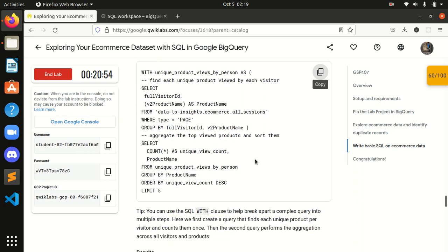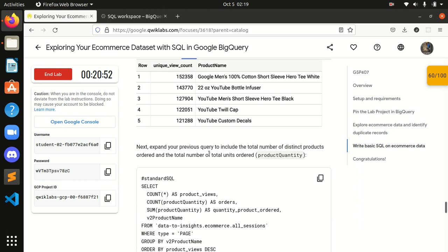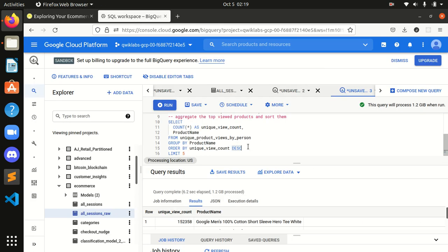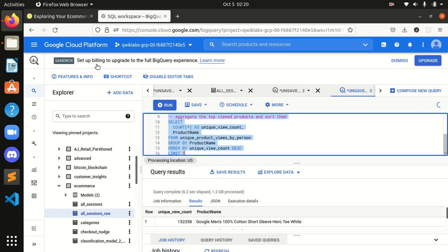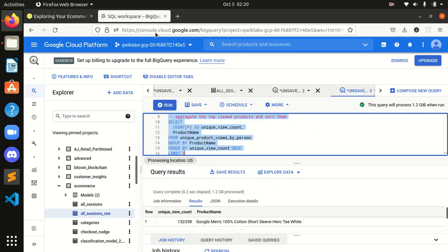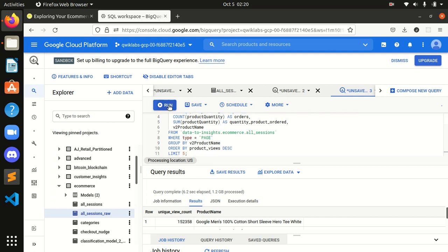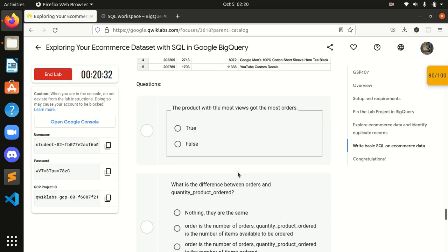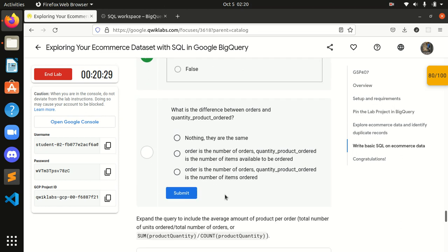After that you can see the results there. Now I will run this query. Let's wait. I just copied from here, and I will select here and paste it over here and now run this. After that, the product with the most orders. So what is the difference between orders and quantity?